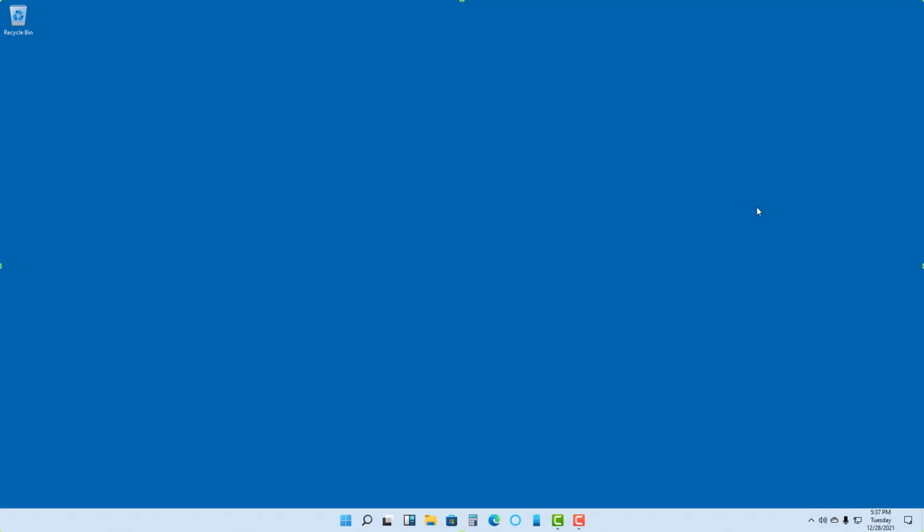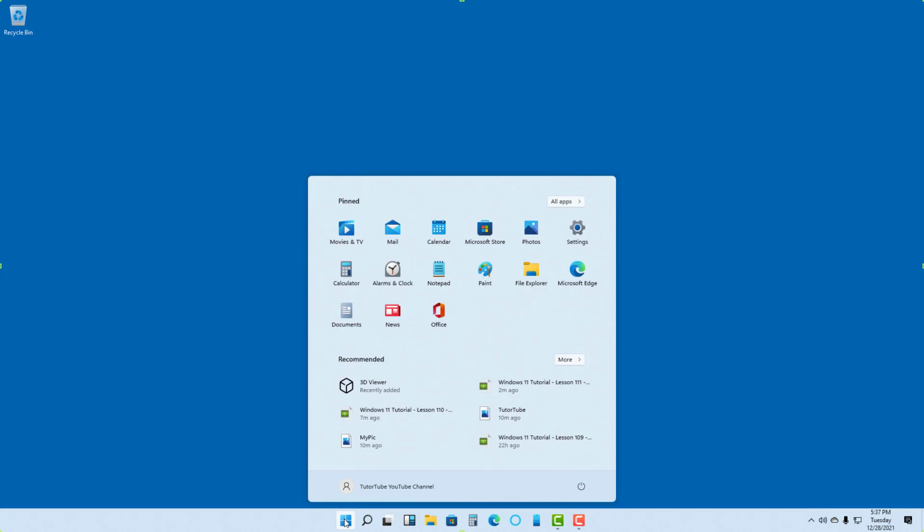So by default, your computer has a default name, and especially when your computer is in a network, if you want to identify your computer well, then having a computer name is very, very essential. So to change the computer name that you may have, you can go to the start menu